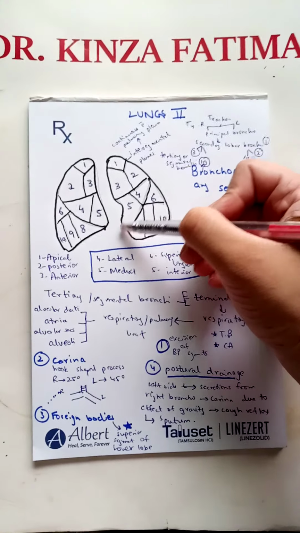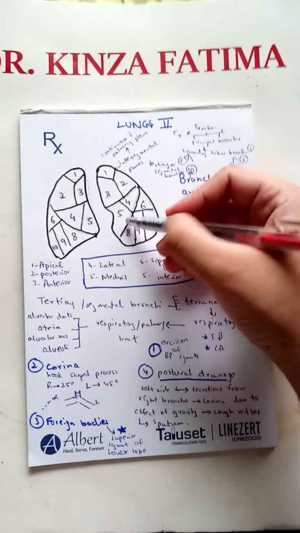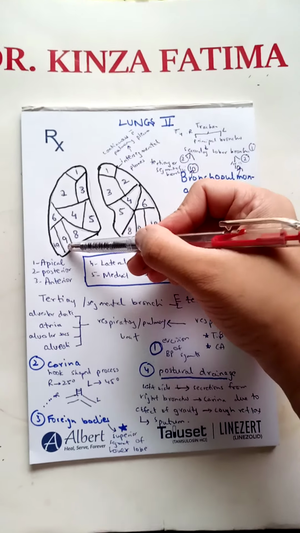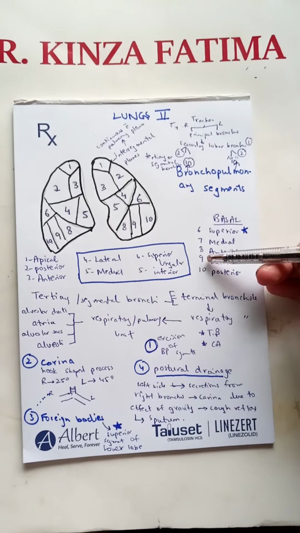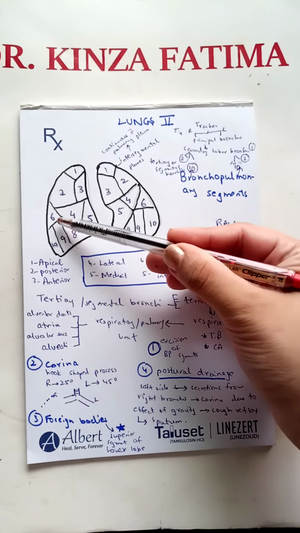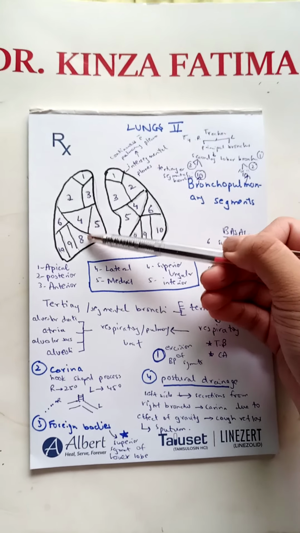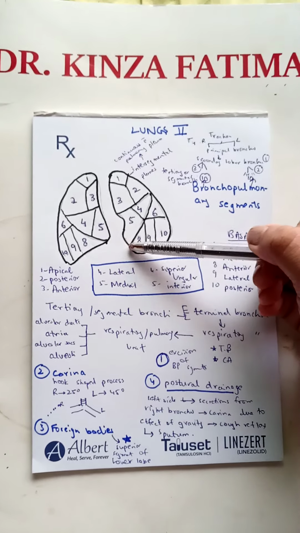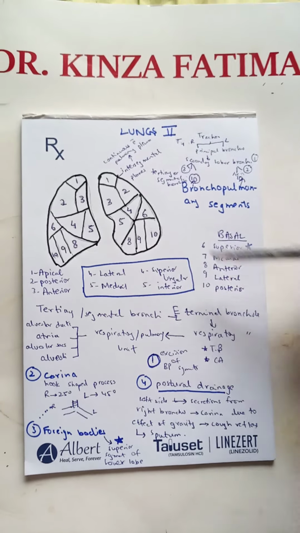And synonymously on the left lung there is the lingula, which is synonymous to the middle lobe of the right lung. This is the superior lingular and the inferior lingular. Basally, there are 5 segments that are known as the 6, 7, 8, 9 and 10. The 6th one on both sides is the superior basal. The 7th one is the medial basal that is not drawn in this diagram; it is to the medial side. Then the 8th one on both sides is the anterior basal. Then the 9th one is the lateral basal, and then the 10th one is the posterior basal.